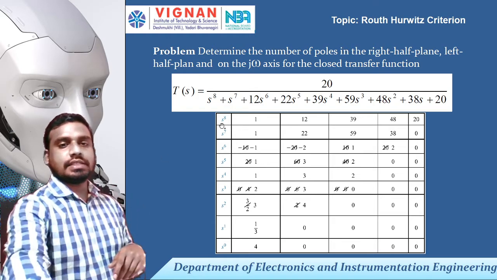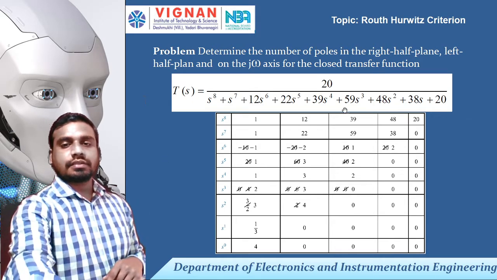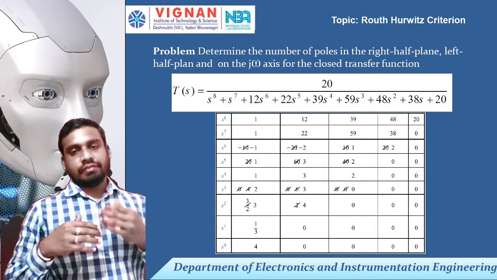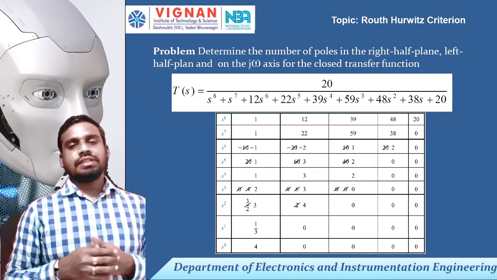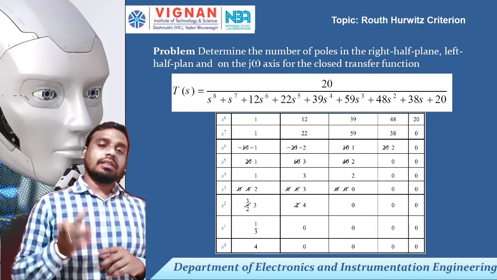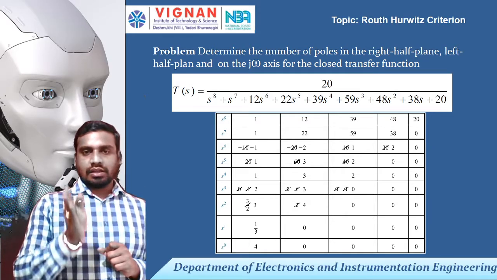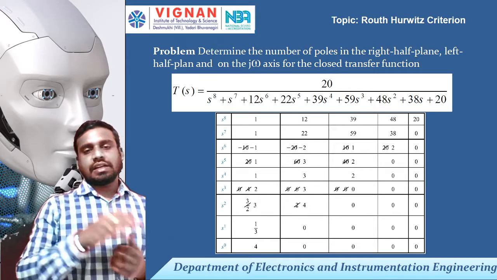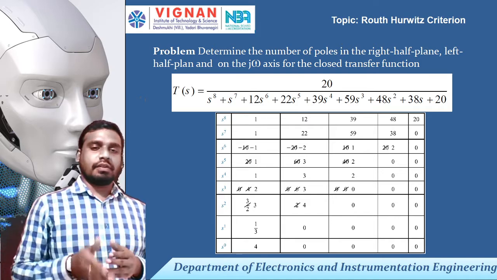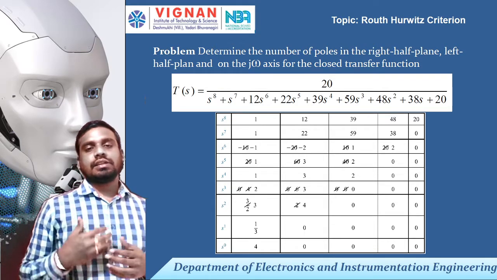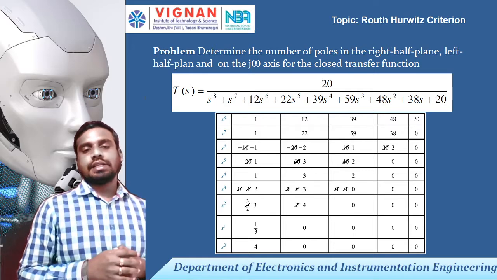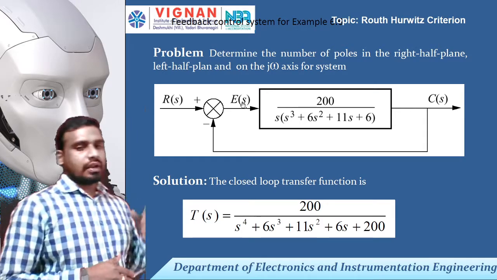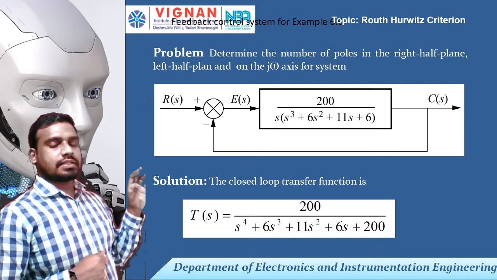The actual characteristic equation is this, the denominator factor. You have to divide it by the auxiliary equation, then find the roots. Simple division, you can find the roots, and based on those roots, you can tell how many are lying on the j omega axis. As we know, how many lie on the right hand side and left hand side is found simply by sign changes. But for the j omega axis, you have to take the auxiliary equation and divide the actual characteristic equation by it, right? So a similar problem, we can check it here. Similar problem as that of the old problem.